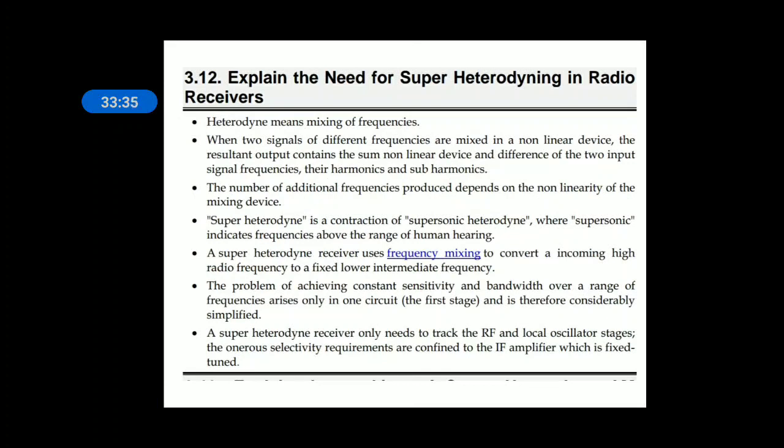To overcome these disadvantages, the superheterodyne receiver is used. In this, the range of the detector is less. That means, irrespective of input frequency from lowest to highest, the detector will take a constant IF, which is a simple circuit converting a constant IF into the modulating signal. The meaning of heterodyning is mixing, whereas superheterodyning is mixing of two high frequency signals and generating a low, fixed carrier frequency signal.